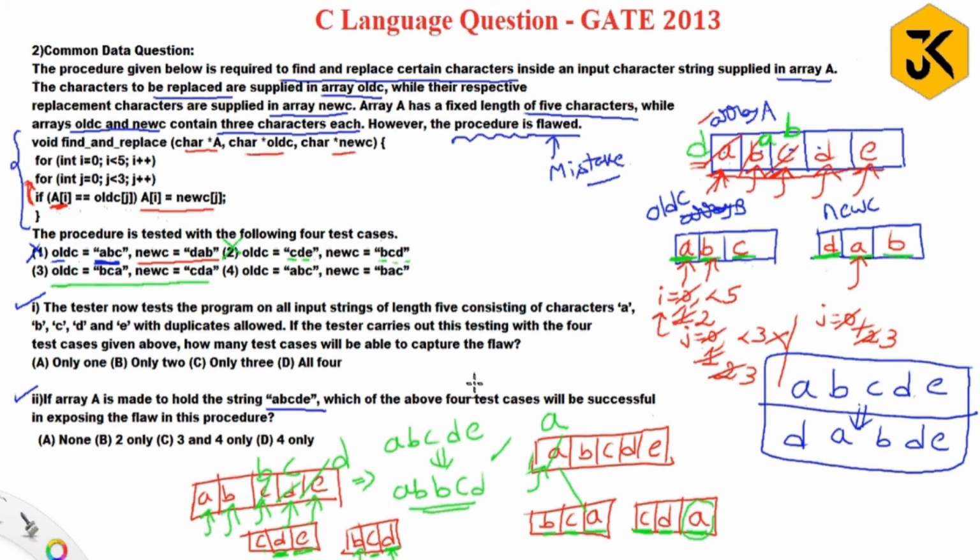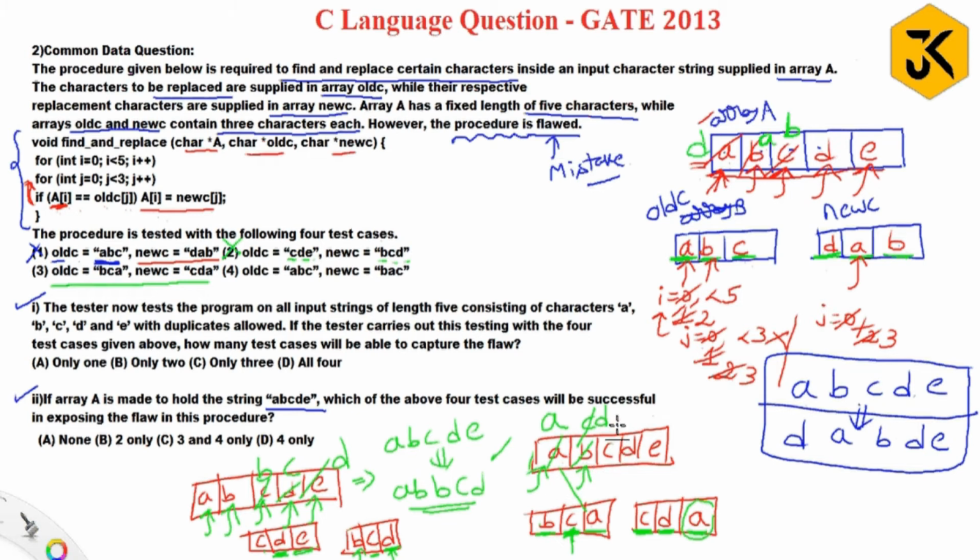Then what will happen? The I iteration will be incremented, that is, the I value will be incremented by 1. B double equal to B? Yes. When B double equal to B, it should be replaced with the corresponding character, that is C. Replaced. Next, C double equal to C? Yes. The same character I need to replace, meaning the J value and I value didn't modify. C double equal to C? Yes. Then its corresponding character needs to be modified, that is D. This value is replaced with D.